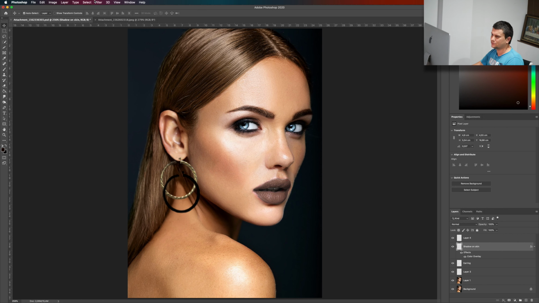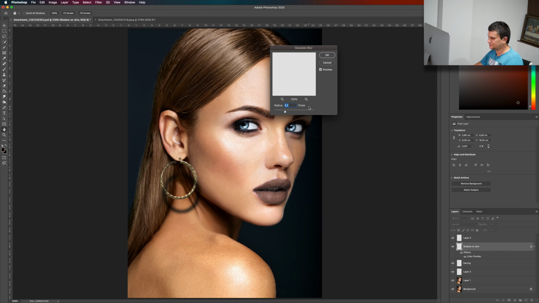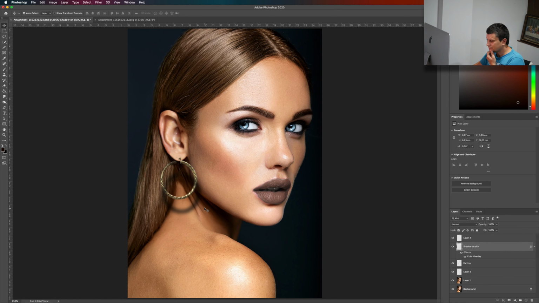Press OK. Now go to Filter, then Blur. Now Gaussian Blur. And now play around with the radius. Like this is good. Now press OK. Now let's position it. Like this.